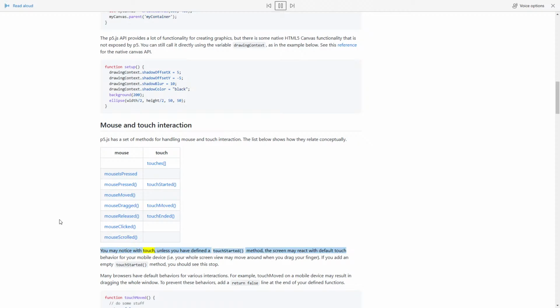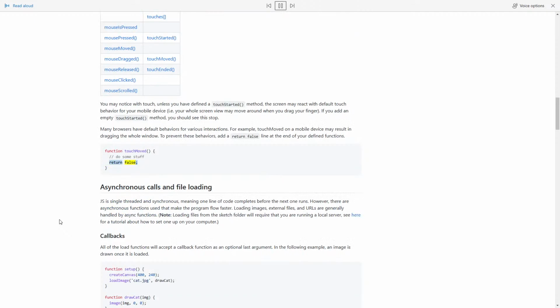You may notice with touch, unless you have defined a touchStarted method, the screen may react with default touch behavior for your mobile device, i.e. your whole screen view may move around when you drag your finger. If you add an empty touchStarted method, you should see this stop. Many browsers have default behaviors for various interactions. For example, touchMoved on a mobile device may result in dragging the whole window. To prevent these behaviors, add a return false line at the end of your defined functions. function touchMoved() { // do some stuff return false; }